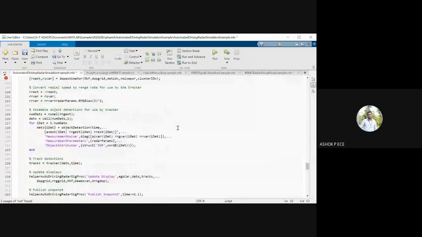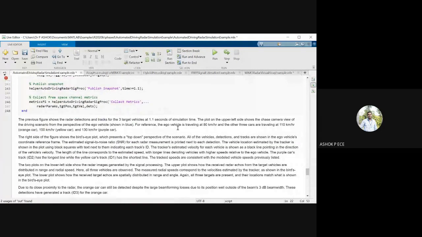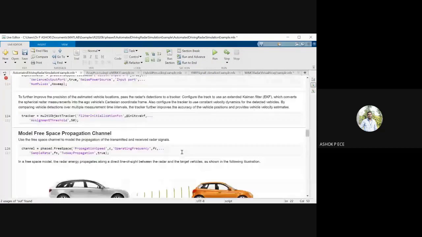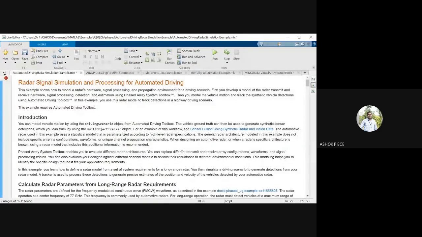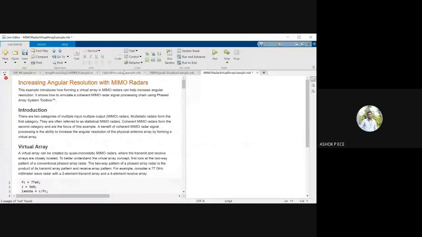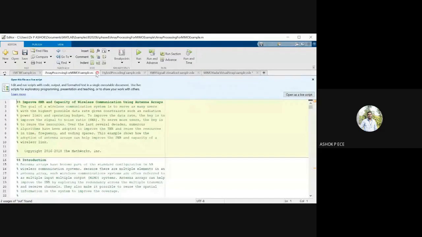You can determine whether the speed is over the limit if the car is going at a very high speed. See here, the other car was traveling at 110, 100, and 130. So they are classifying the cars based on their speed, and depending on the speed, you can put a fine, or you can put some alert to the user saying, please don't drive over the speed limit. Please drive in the safe range of speed. So that calculation you can make from the radar, and you can give it as an input